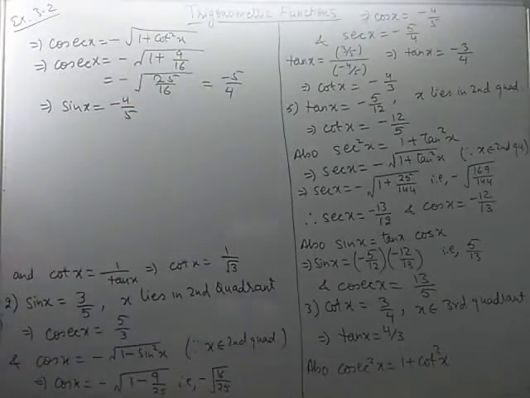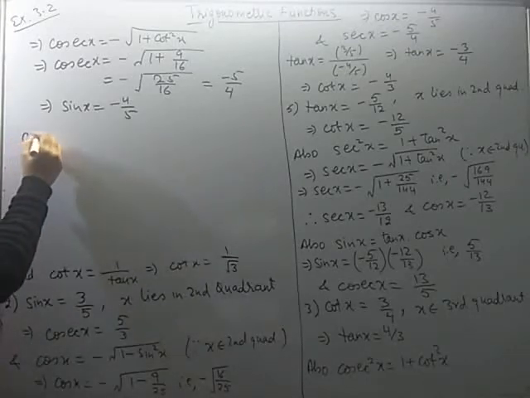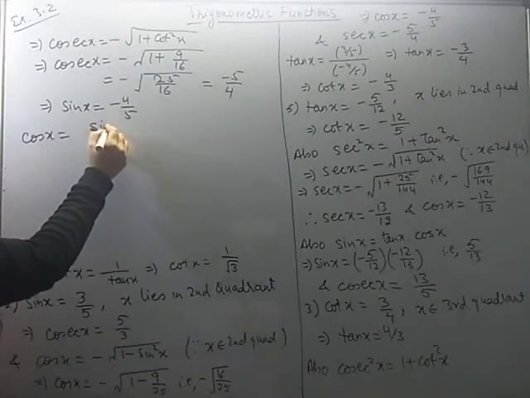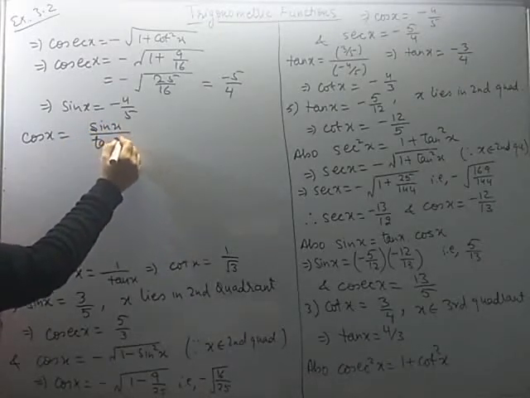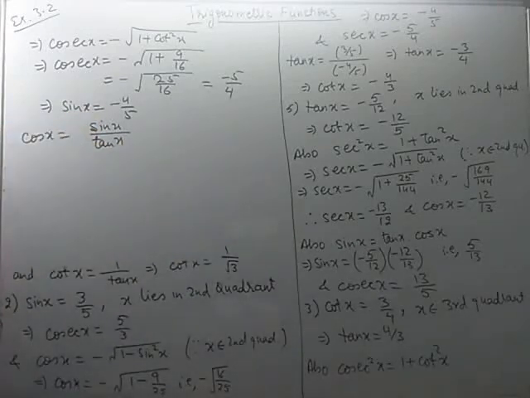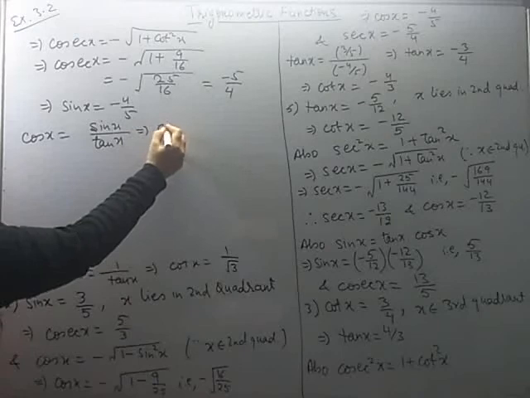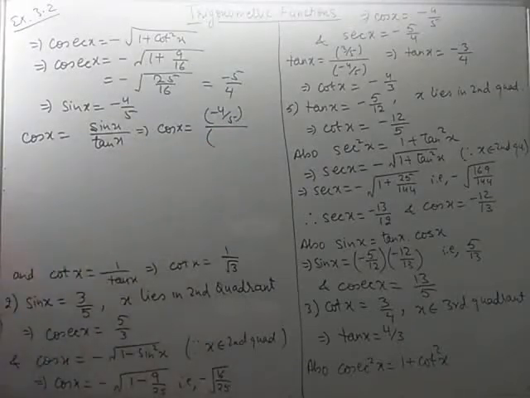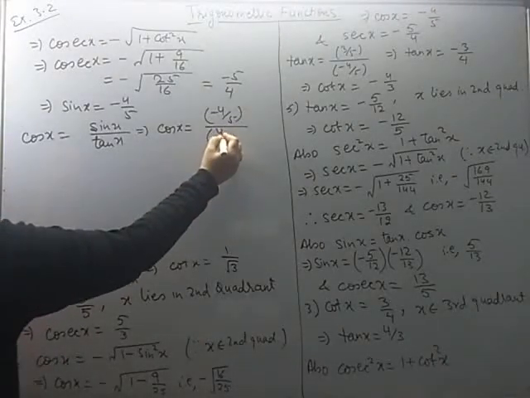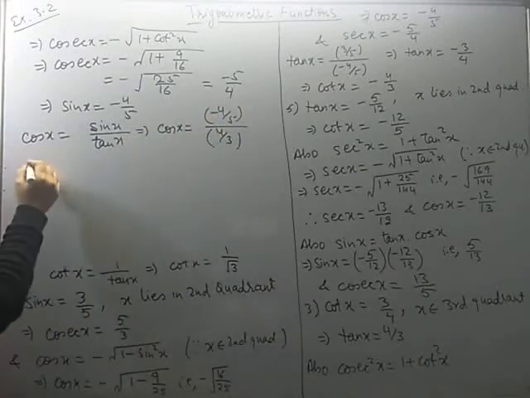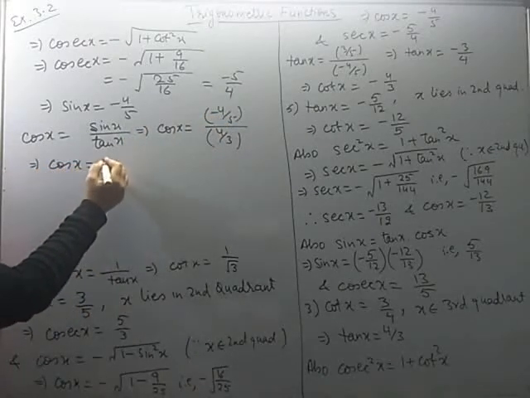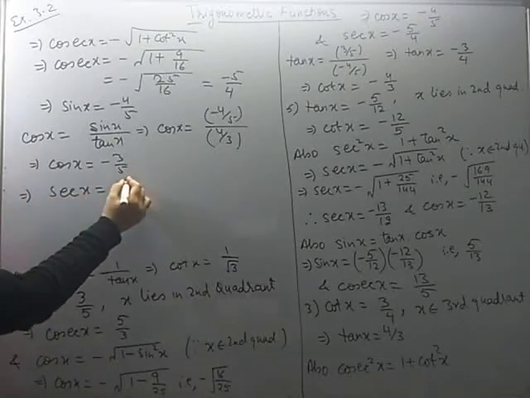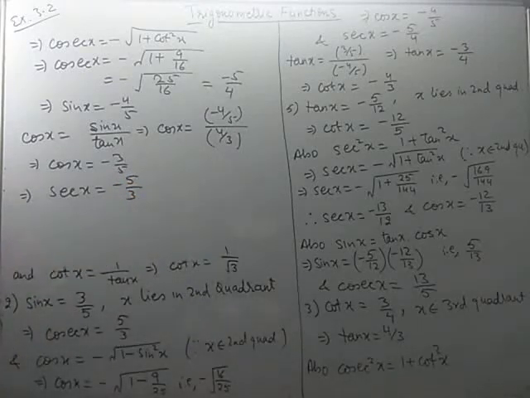Now we are left with cos x and sec x. So again see, cos x can be written as sin x divided by tan x. You can very well see tan x is sin x over cos x. So using that we are writing cos x. So put the value for sin x, which is minus 4 over 5, and tan x, let us quickly see, it is 4 by 3. So you can see 4 in both the numerators can be cancelled out. And cos x is coming out to be minus 3 by 5, which also gives us the value of sec x, which is minus 5 by 3.